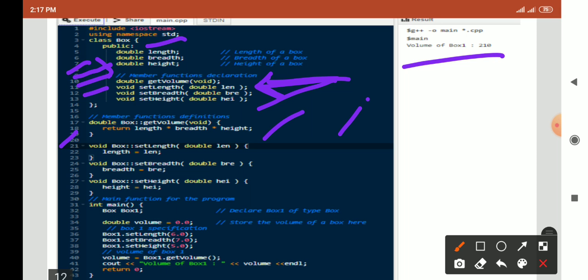So: return type, then class name, then the scope resolution operator, two colons, and then the function name, which for the first is getVolume. Then open a curly bracket, and here we write return length into breadth into height, and close the curly bracket. So this completes the definition of your getVolume function. This is the first function.